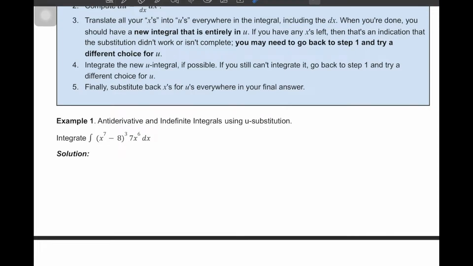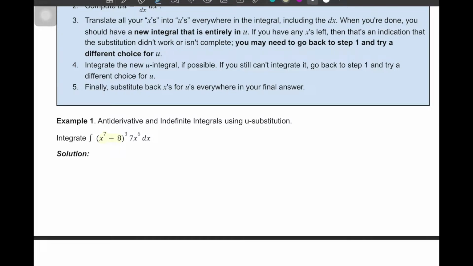All right, welcome back. So we're gonna jump into example number one. We're gonna find the antiderivative by using U-substitution. So like we said before, it's very important for us to identify the inner function, what's gonna be our U. So in this case, I'm gonna look at what's inside a function, or what's a denominator, what's an exponent. In this case, the obvious one is going to be the inner function that's inside this cubed, and we